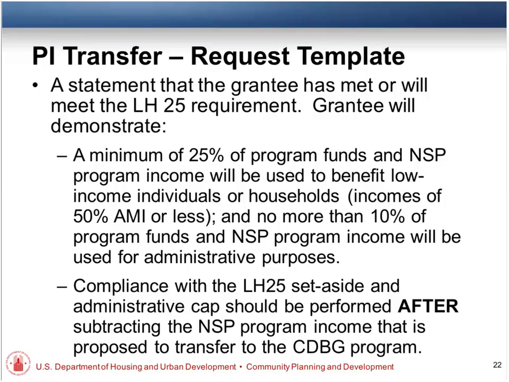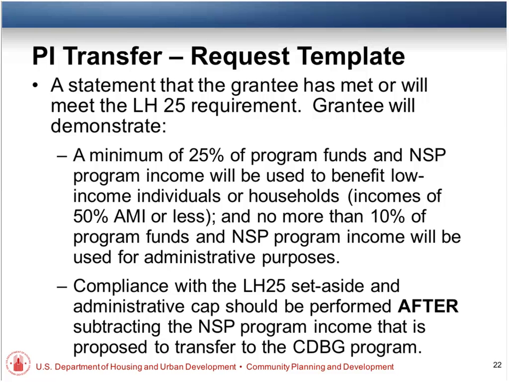Right. And we kind of mentioned this earlier, but once you have transferred those funds into IDIS, then you must draw that program income before you can draw from your line of credit in IDIS. So that's another piece that's actually going to help you to remember that you need to draw those funds as promptly as possible once they've been receipted into IDIS.